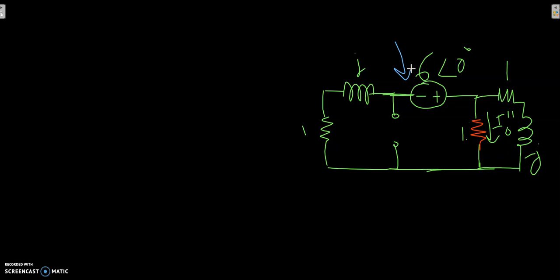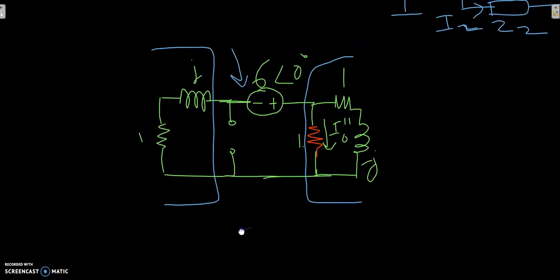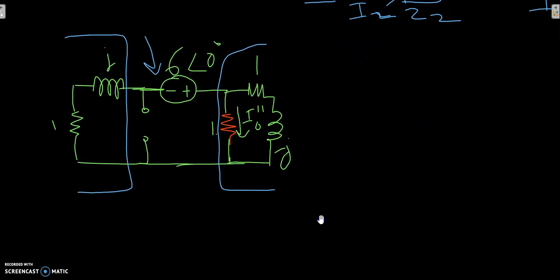You could see here we have got two resistances, one here and one here. So if I reduce this circuit to this form,